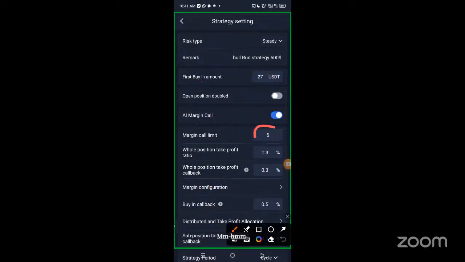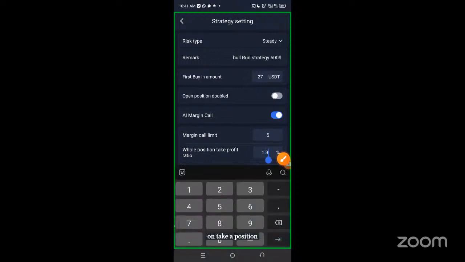So put 5 here. AI should be on. Come here. Come there. On take a position, you put for me